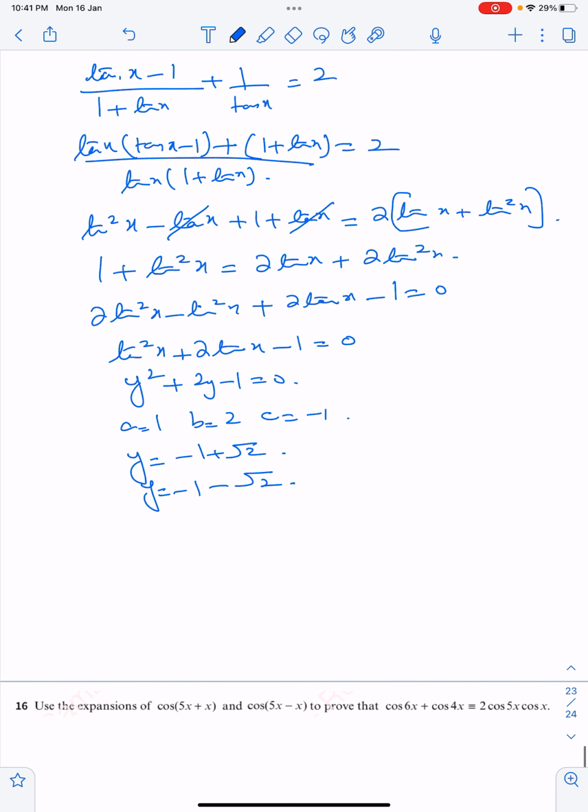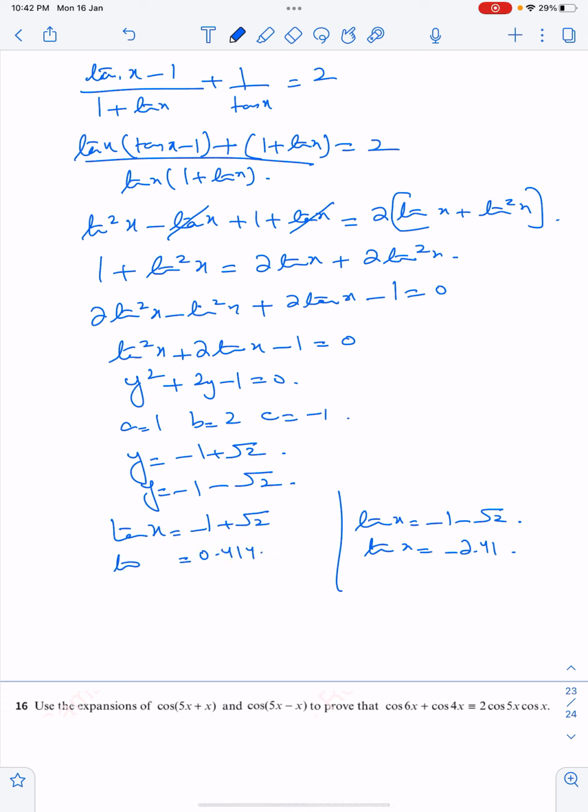Okay, y was taken as tan of x. So, I am going to write tan of x equals minus 1 plus root 2, and tan of x equals minus 1 minus root 2. Okay, the decimal value of this is minus 2.41, and this decimal value is 0.41. This is positive, so first and the third quadrant. I am taking out the basic angle now. Tan inverse of 0.414,